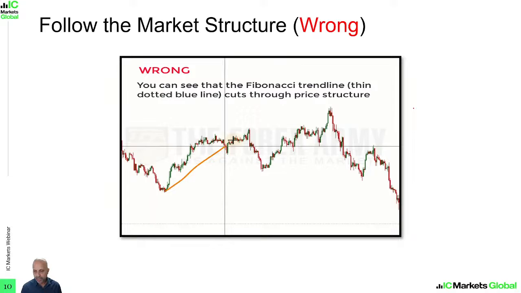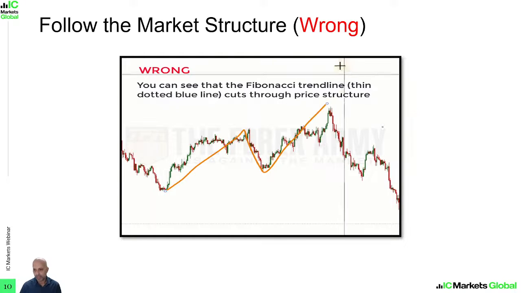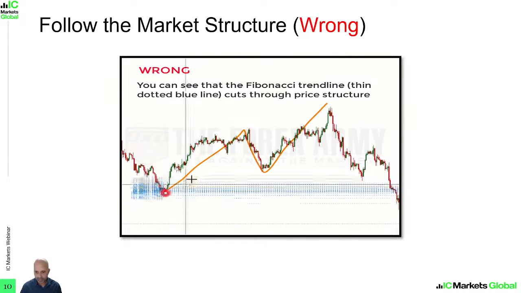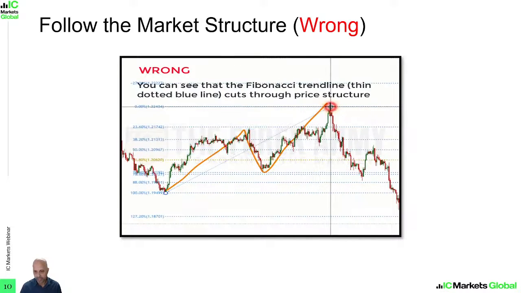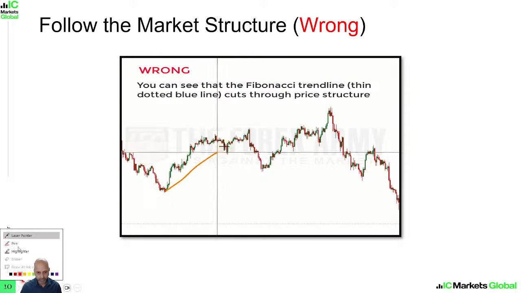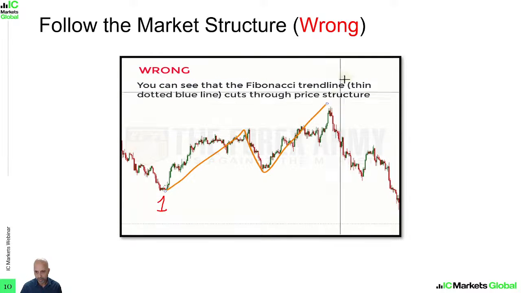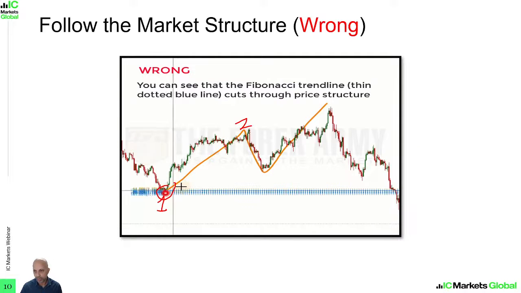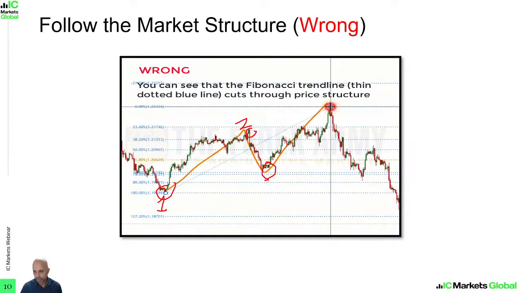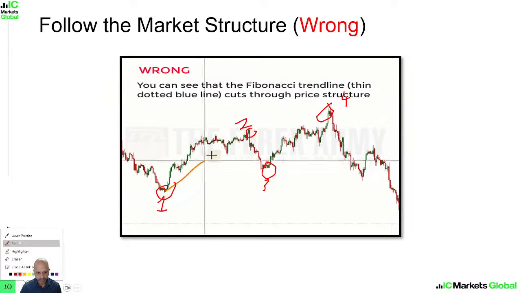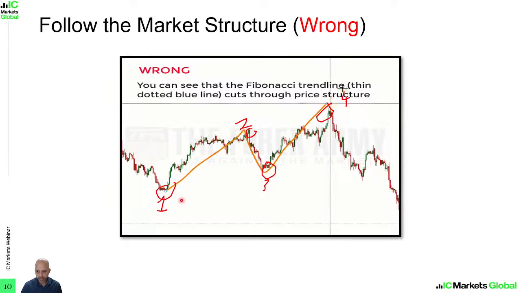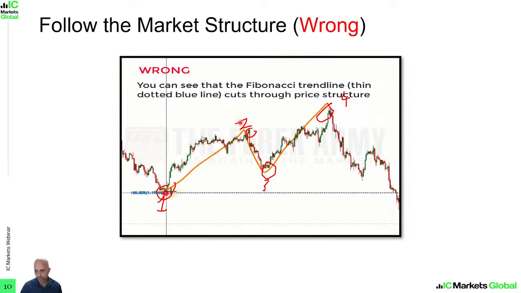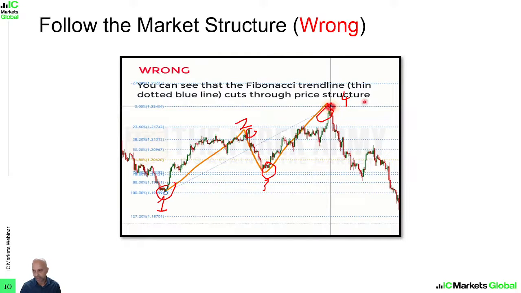In this example here, you can see the orange line highlighting the general trend of the move, right? You can see the price structure. Let me just highlight it as points first so we know. This is 0.1, 0.2, 0.3, 0.4, right? We can see that from 0.1 to 0.2, it is very clearly in an uptrend. From 0.2 to 0.3, very clearly in a downtrend. And of course, from 0.3 to 0.4 is very clearly in an uptrend.